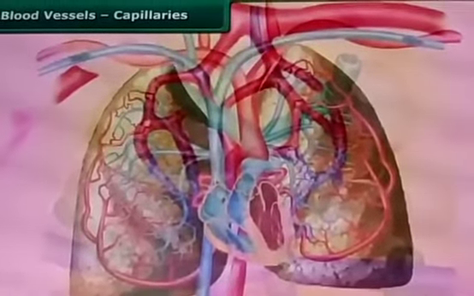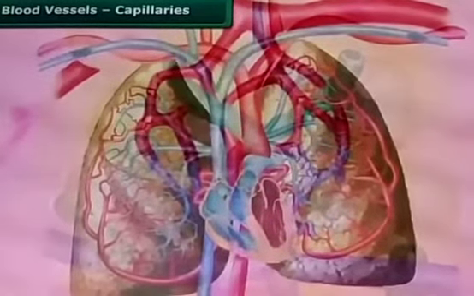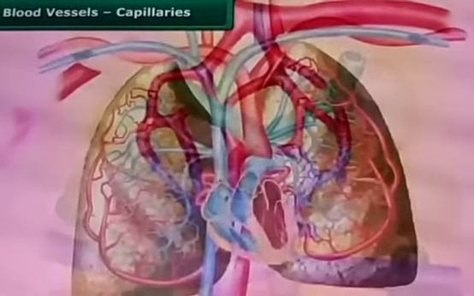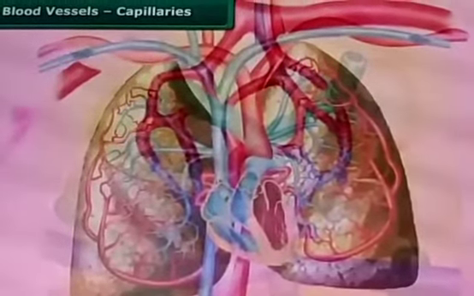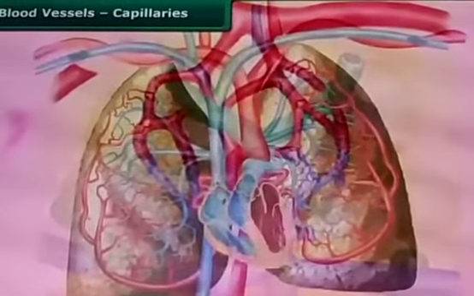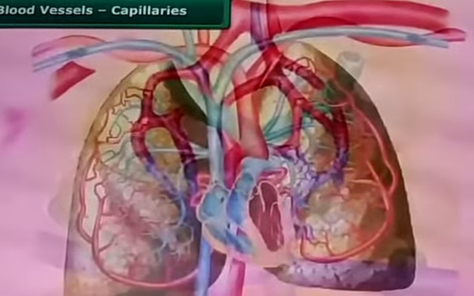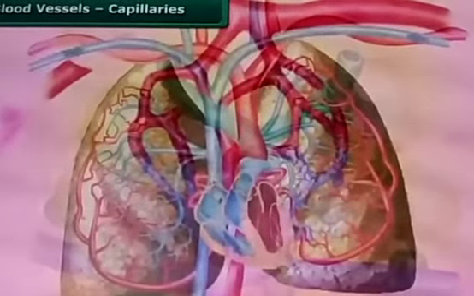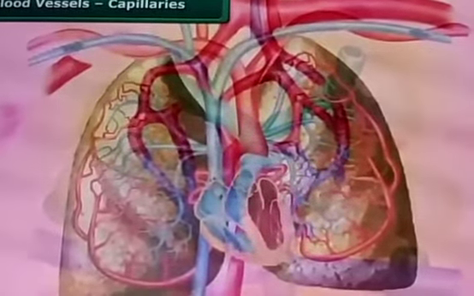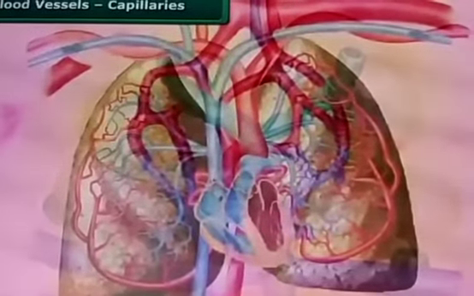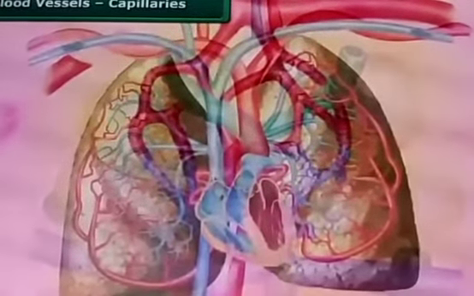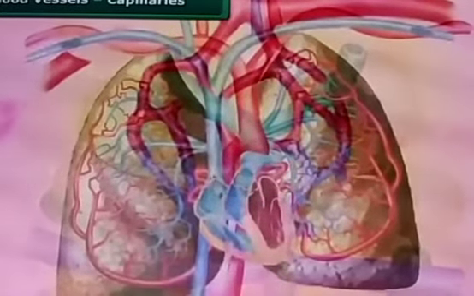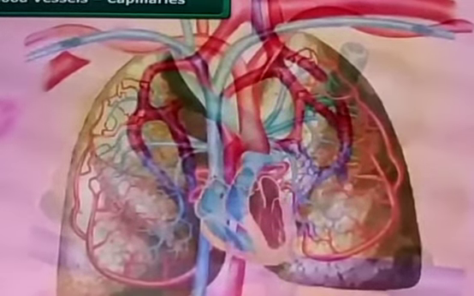Imagine now, just keep your hand on your chest and listen to your heartbeat. Okay, just keep your right hand on the left side of your chest and listen to the heartbeat. Can you hear? Yes, we can hear. That is the pumping of the heart. If the pumping is stopped, what do you think? Is the person alive or dead? If the heart stops pumping, then we say the person has died.